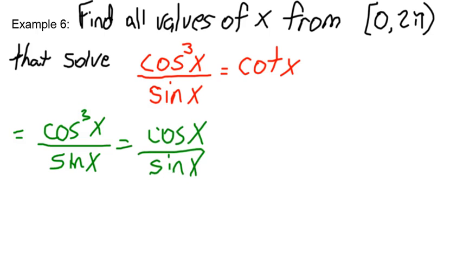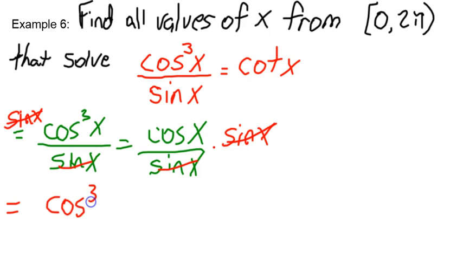If I multiply this side by sine x and this side by sine x, multiplying by the same value on both sides of the equation, notice sine x cancels out. So all we're really looking at is cosine cubed x equal to cosine x,